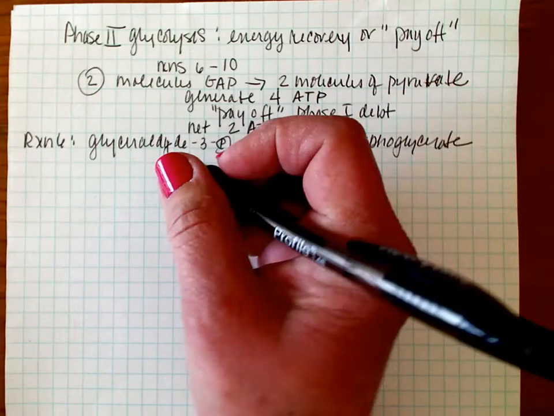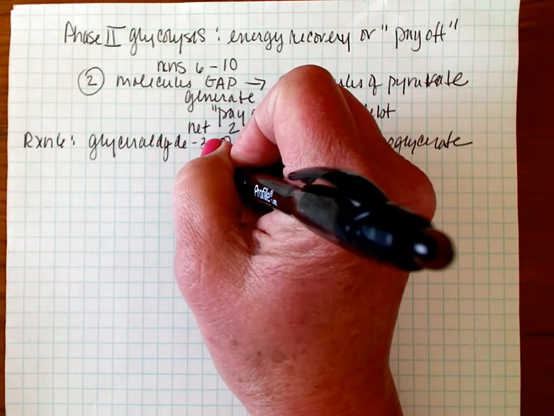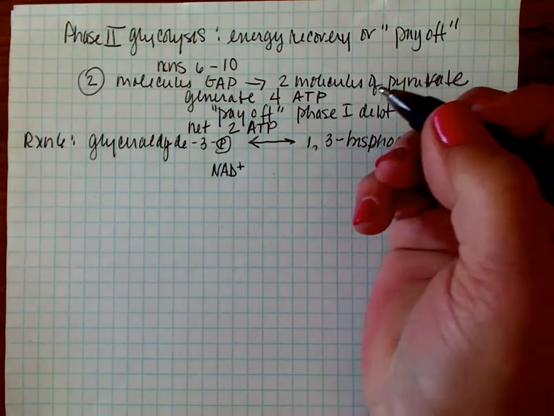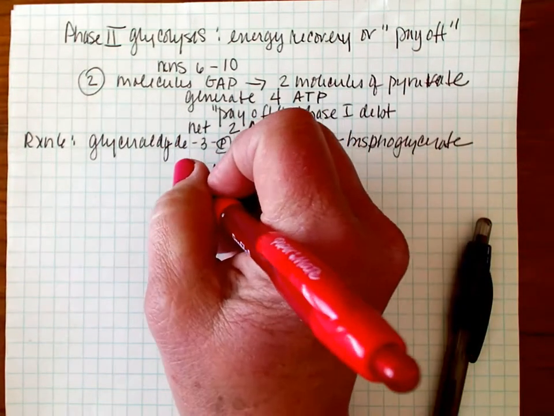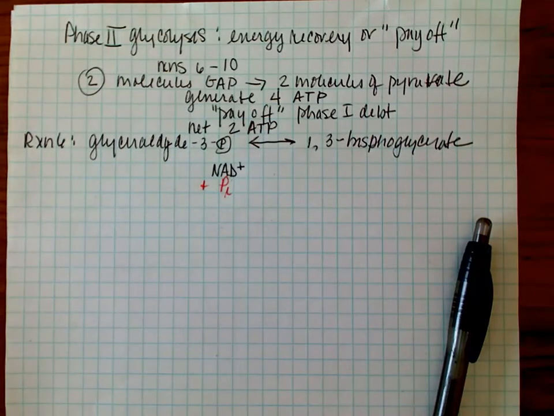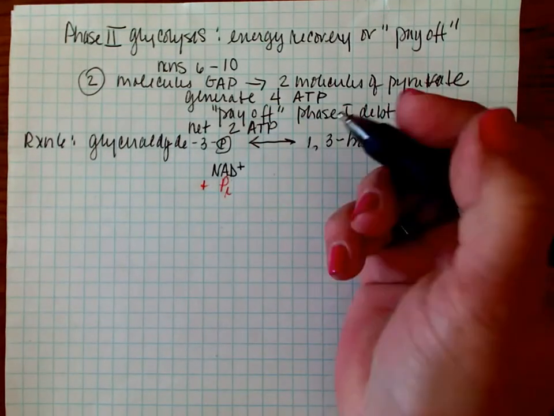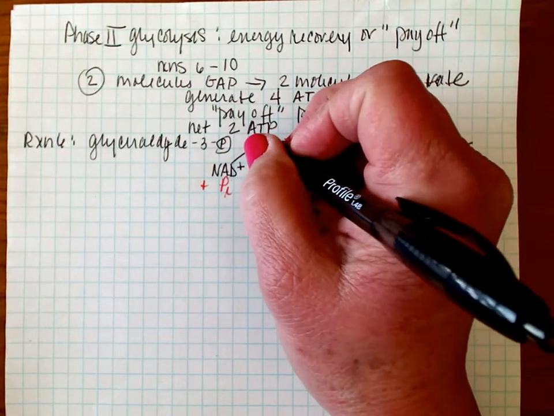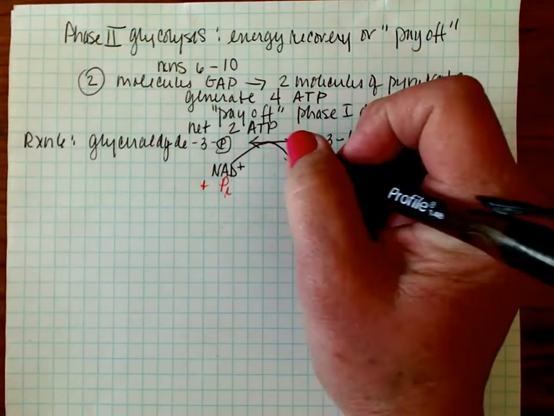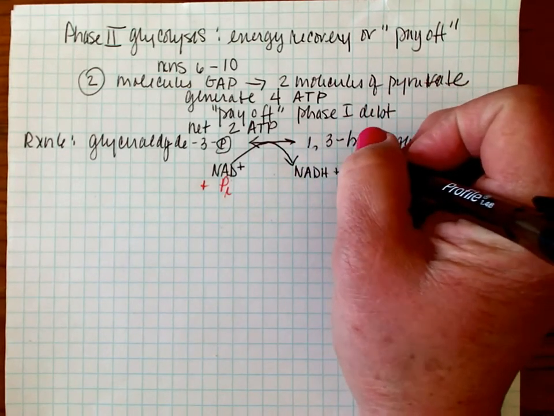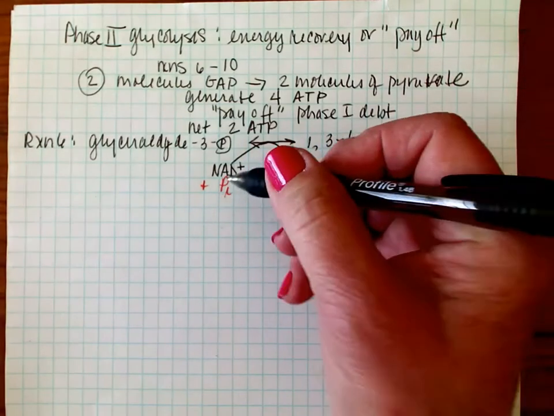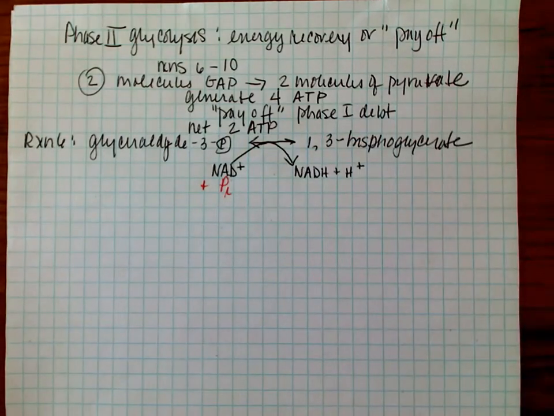So some things we're going to need here. We're going to need NAD+, and a molecule of inorganic phosphate. So we are going to reduce NAD+ to NADH. We'll also generate a hydrogen ion, and that inorganic phosphate then is going to be added to glyceraldehyde 3-phosphate,